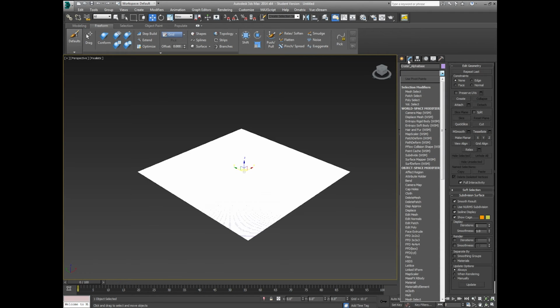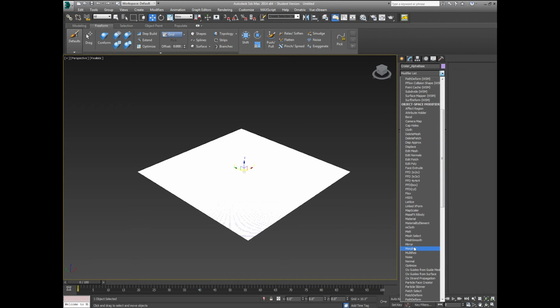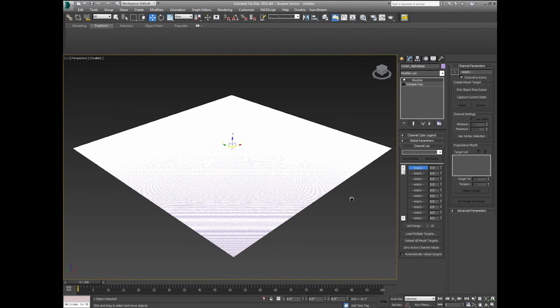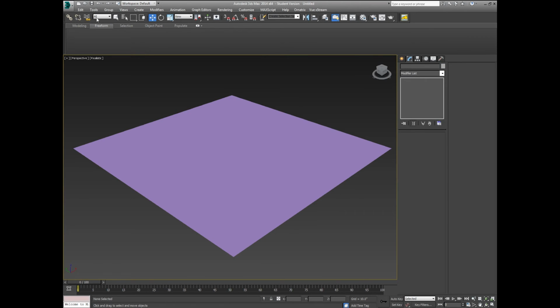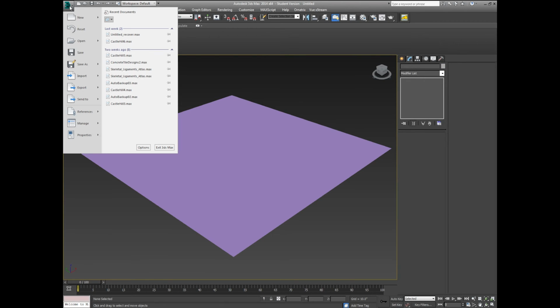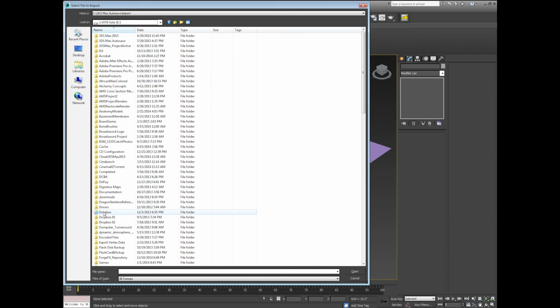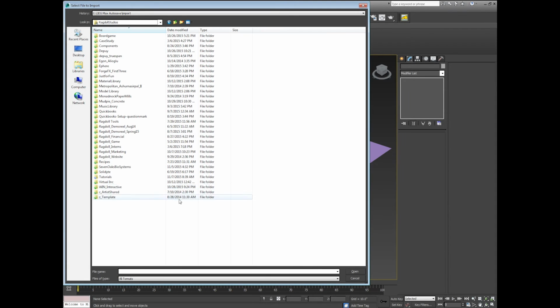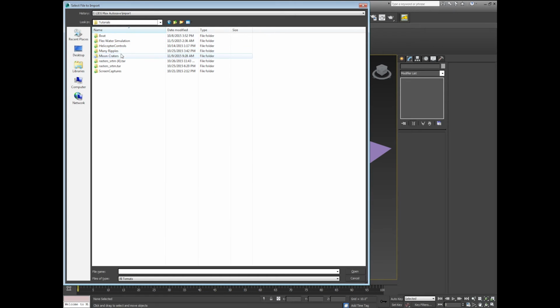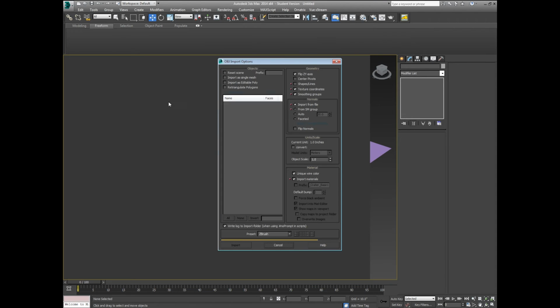So, I'm going to add a morpher modifier. In your create panel, select the drop down and then find the morpher modifier. And then what we're going to do is import the morph targets that we just exported from ZBrush. So I'm going to go to the application icon and click import and navigate to that folder that we're using. Okay, and we have our morph targets, and you can only import these one at a time. So crater base 1,